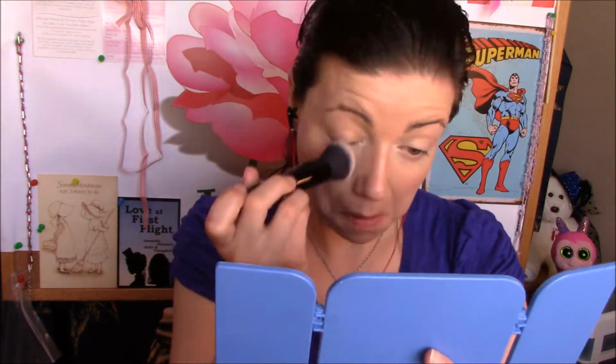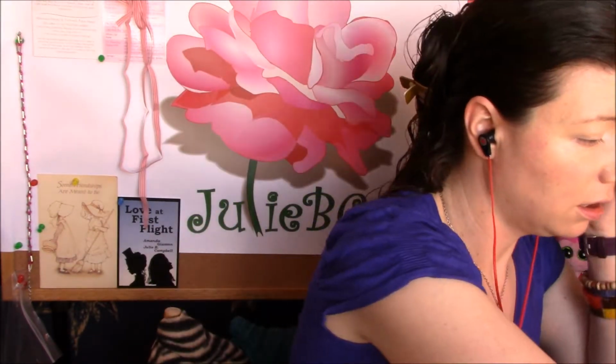This has really become my go-to concealer, especially if I really want to look nice. I'm not just going to a store, but I'm going to an event or something like that, which I was after applying this makeup. So yeah, that has definitely become one of my favorites. I really love the way that it sits on my face. I like the coverage that it gives, and I like that it is neither drying nor oily or greasy or anything like that. But I do top it off with a powder, and in this case I use the